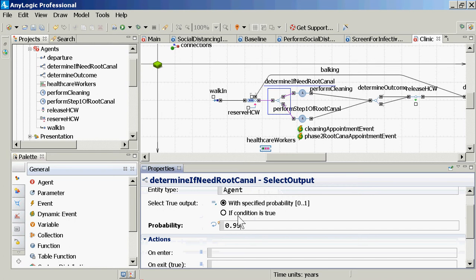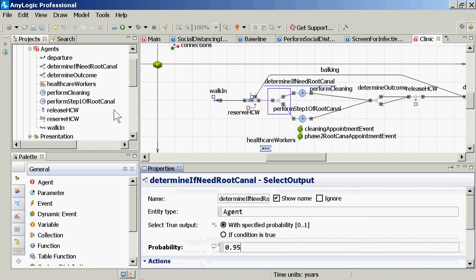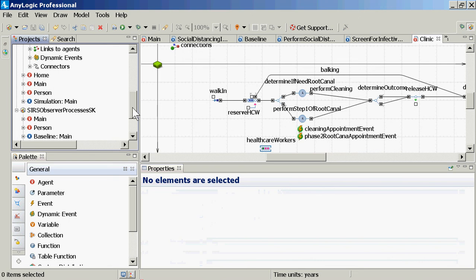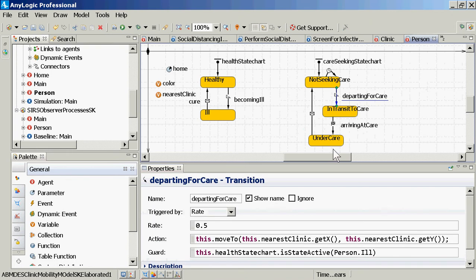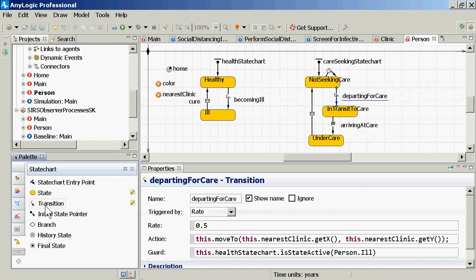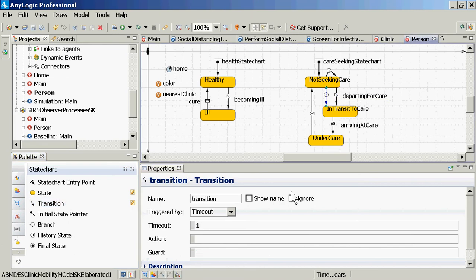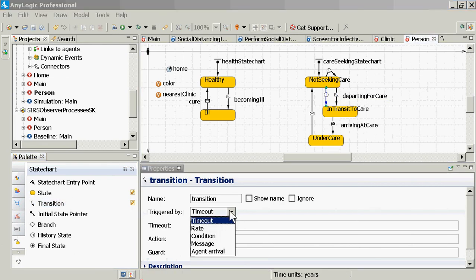Second of all, ladies and gentlemen, we need to go to the person here, and we actually need it so that they present for care when they receive a message like that, okay? So we're going to have them move to this event for a certain type of appointment. So we would add a transition for each of these types of messages saying, go in for your appointment, okay? So here it would be a message transition when they receive a certain message,